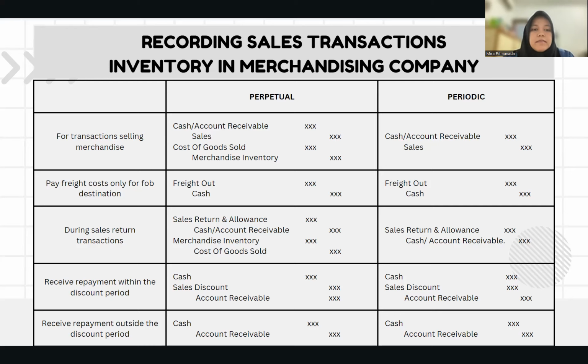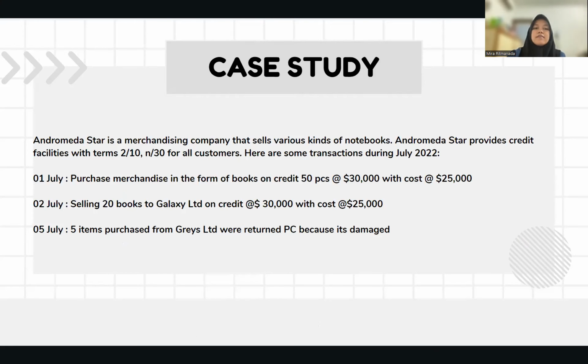Receiving repayment outside the discount period, for this transaction, both the perpetual and periodic systems will record cash increasing on debit, while accounts receivable will decrease on credit. Okay, after we have learned about how to journalize transactions for a merchandising company,